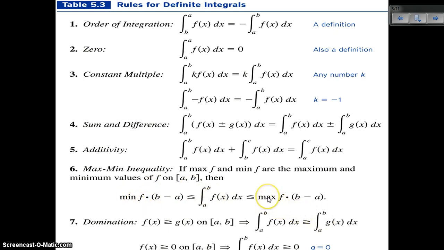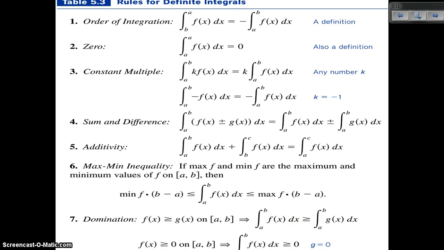But the max, then, we would assume would be everything above, so f of x would all be below, which means the integral would be below. And this makes perfect sense. If you just consider this to be the minimum, that to be the maximum, the integral has to be somewhere between the min and the max. And then we have the rule of domination,